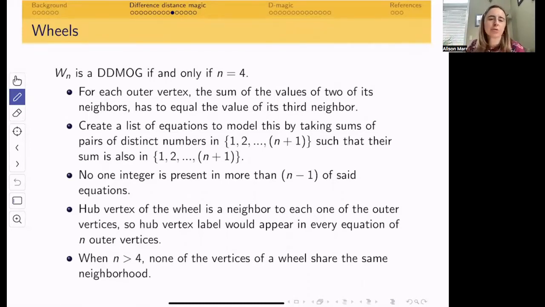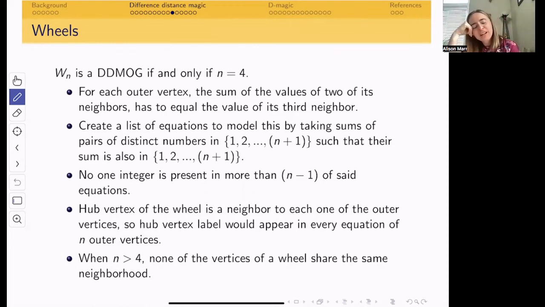And so what you can do is create a list of equations by taking sums of pairs of distinct numbers. You only have the values 1 up through n plus 1 available. And then their sums have to be something between 1 and n plus 1, because you're only using those values as the labels. So what comes in has to equal what comes out, and you're doing 2 numbers and 1 number. If you make a list of all those equations, you can do some interesting math to realize that no one integer is present in more than n minus 1 of those equations,